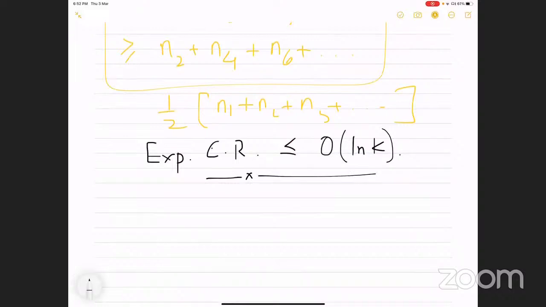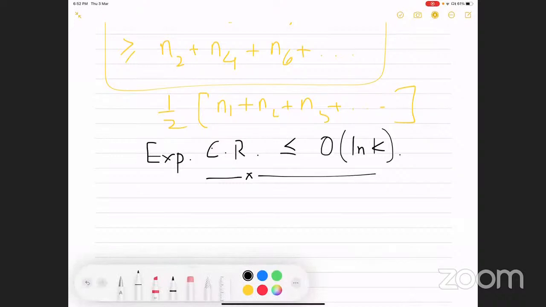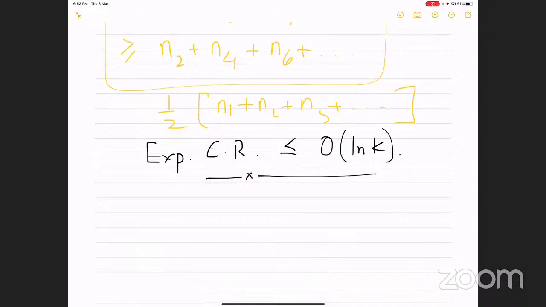Okay. One more quick question. So beyond Markov, can you get some high probability bound as well? Is it close to log K with very high probability? Well, of course, you can use Markov, but